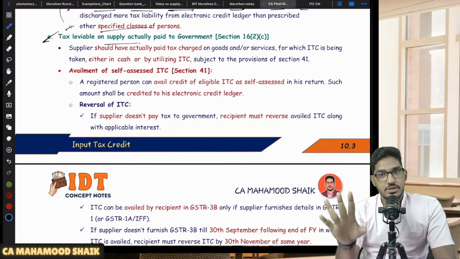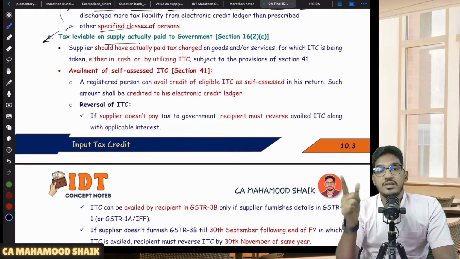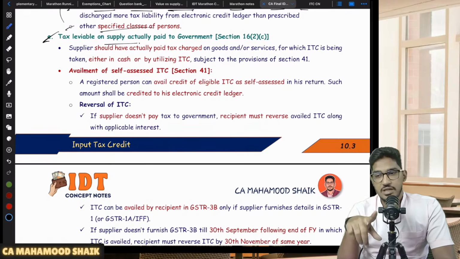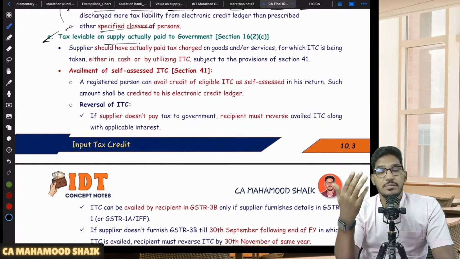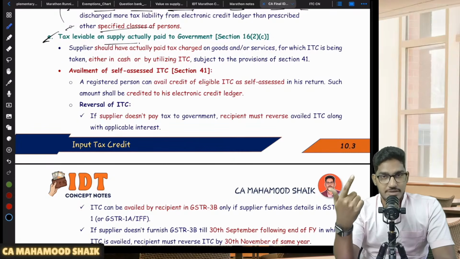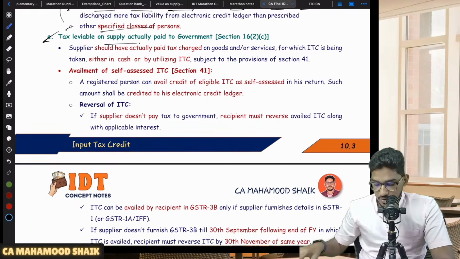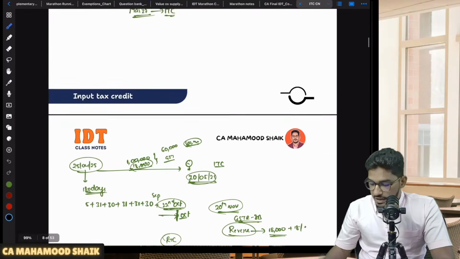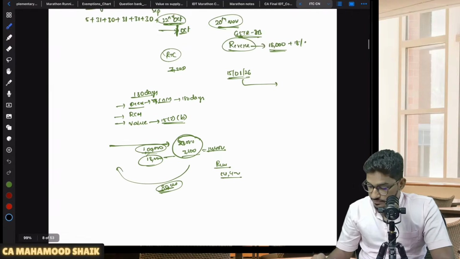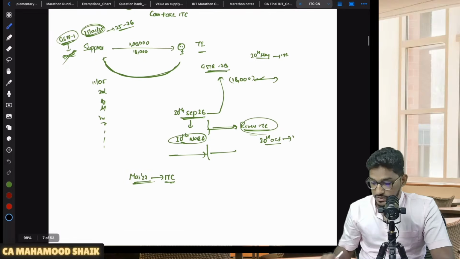You are a genuine person, you are a recipient, you made the purchase, you made the payment to the supplier, but your supplier is not filing GSTR 3B; he filed GSTR 1. So the amount was reflected in GSTR 2B, and you claimed it. Thereafter, that supplier is not filing his GSTR 3B, which means he is not making payment of taxes. Then also you can't avail the GST. But how will this work out practically? I will give you one simple scenario.